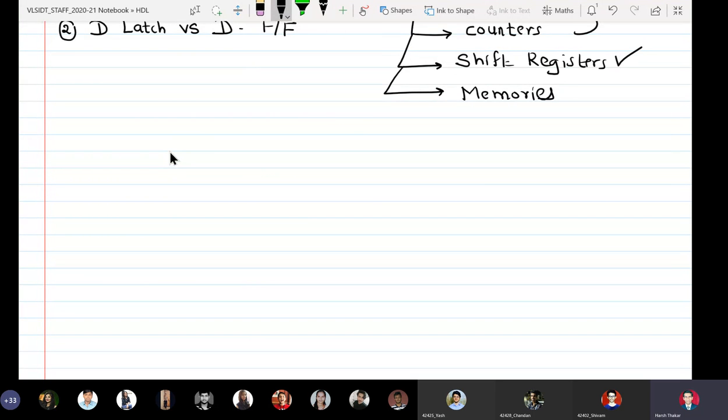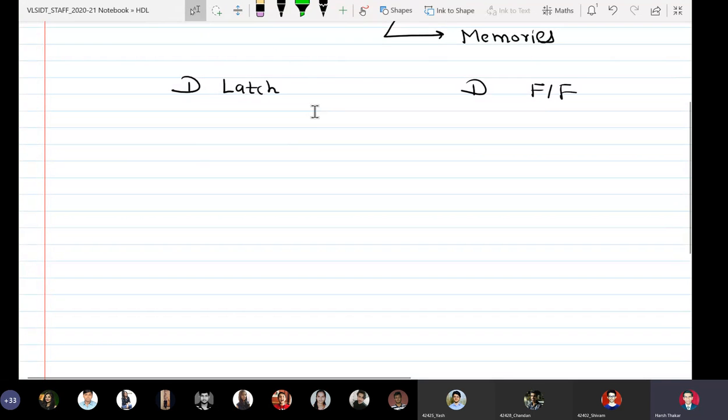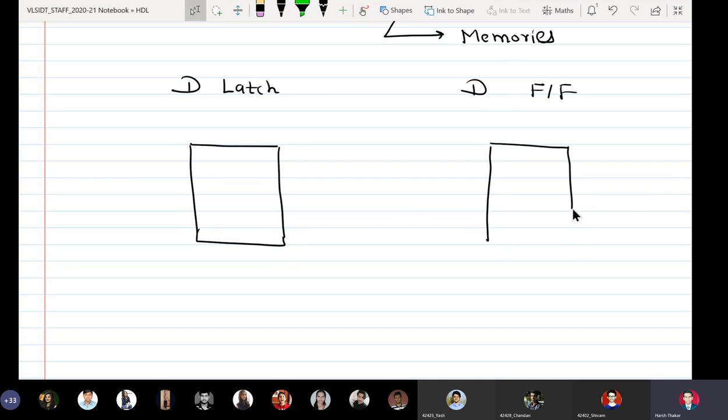So what I will do is write D latch here and a D flip flop here. Okay, let us start. Because ultimately we have to do VHDL coding of D latch and D flip flop, our correct starting point is the block diagram. So now you are going to tell me the block diagram. I will make the black box. Help me put all the signals outside the block diagram for D latch and D flip flop.